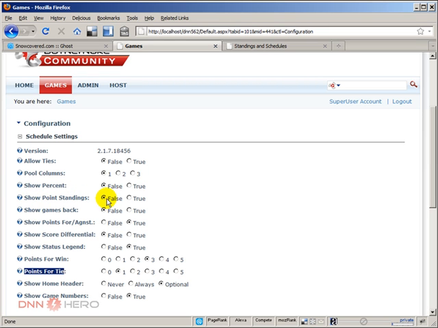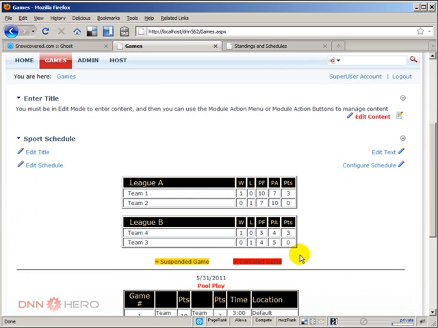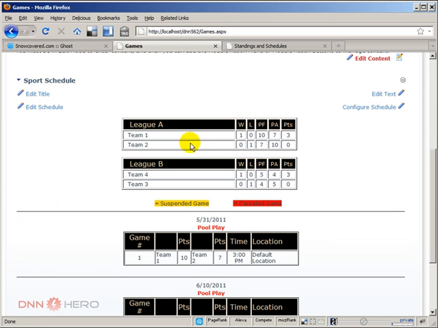It's right now checked as false, but let's check that as true. And if we click update, we're gonna see an extra column here that says how many points that team has gathered. And again, as I said, for a win, there's 3 points. This team won as well, so there's another 3 points. So we can see here again, win, losses, points for, points against, and total points based on the calculation that